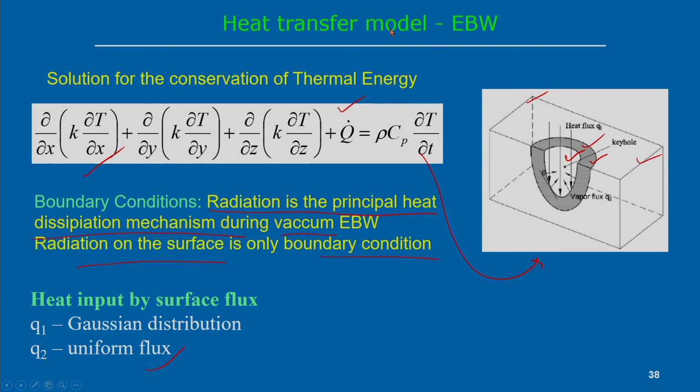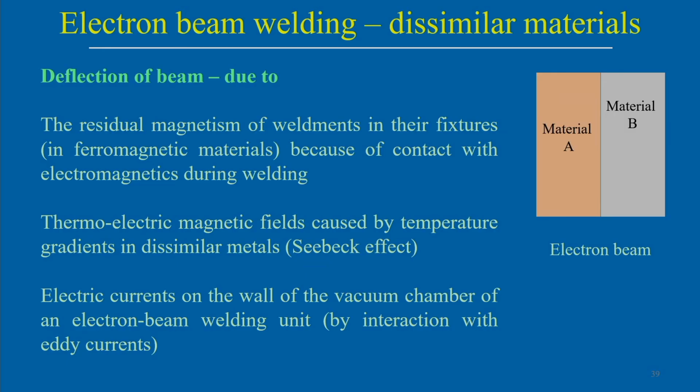So, the only challenge is that in the electron beam welding process, in what way can we represent the interaction of the electron beam with the workpiece material. That interaction can be represented in the form of a keyhole formation, and a similar approach can be followed to what we did in the laser welding process, specifically the keyhole mode laser welding process. Now, one of the typical problems associated with electron beam welding is the joining of dissimilar materials using the electron beam welding process.